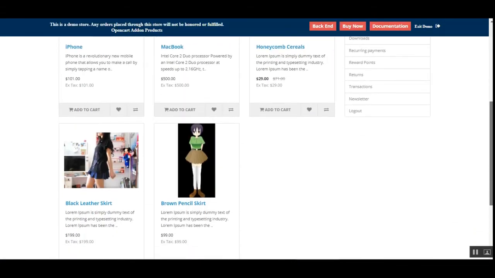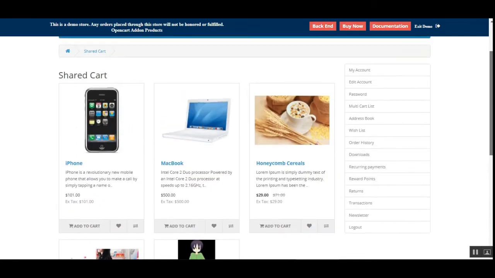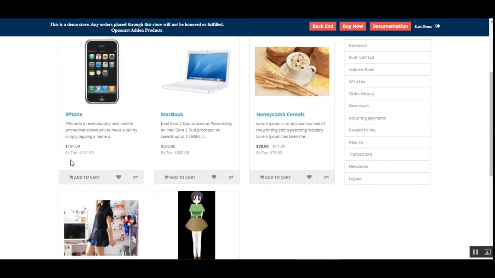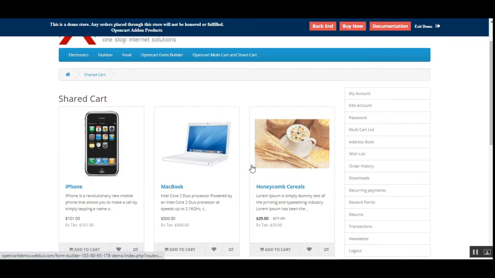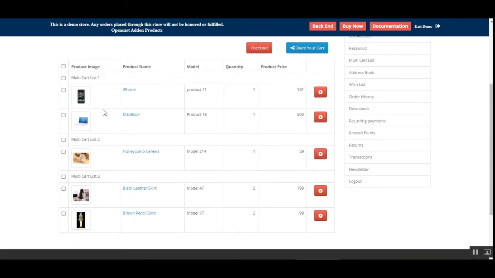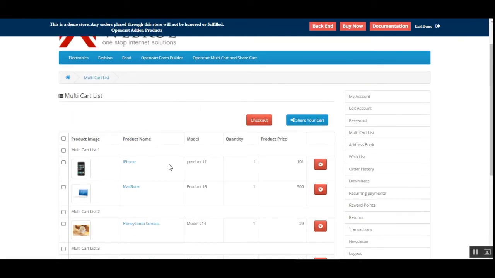Now you can see that we have only the 5 products visible here for the shared cart, and that's how the other customer can now see the shared cart and can proceed further to make a checkout. And if I go to the multi-cart list here under the account panel of the customer, here we have the complete list of products that we have. The customer can also move the multi-carts into the cart as well. For that he just needs to tap here on the checkout button,